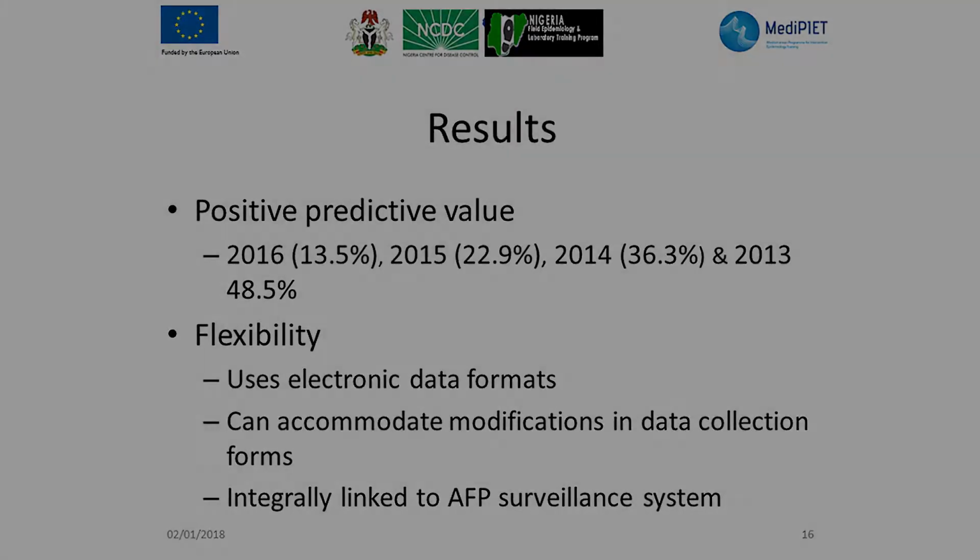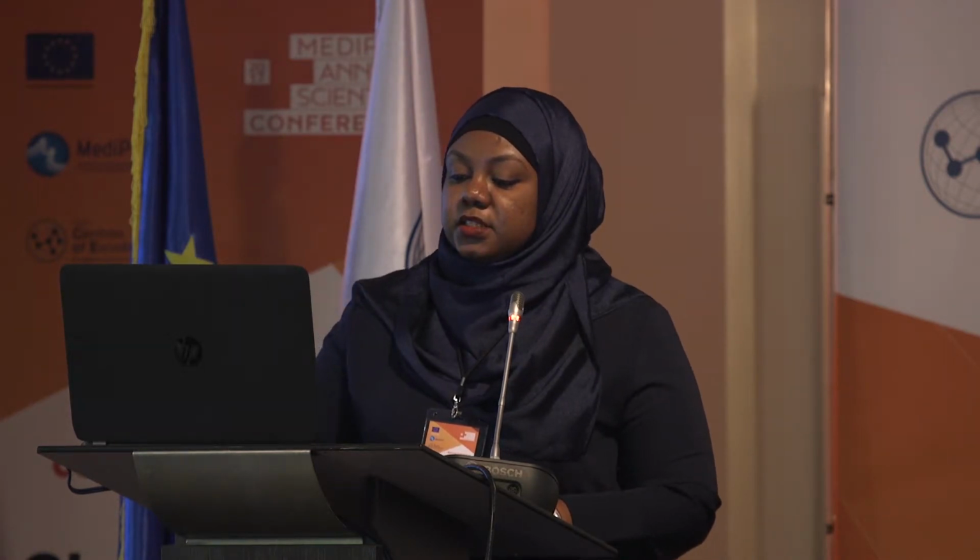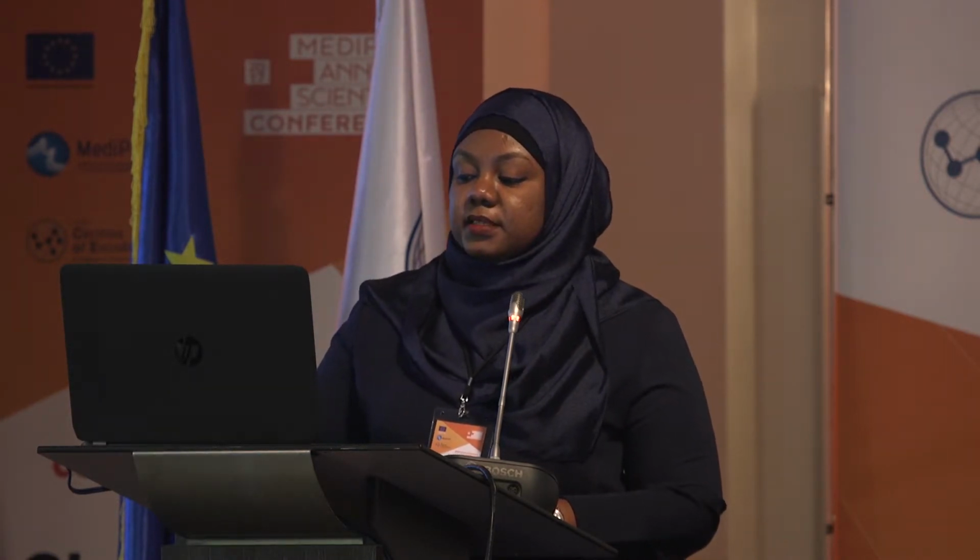For flexibility, electronic data formats are used to enter and record information, and we found that the system can accommodate modifications in data collection forms. And we also found that it is integrally linked to the AFP surveillance system.